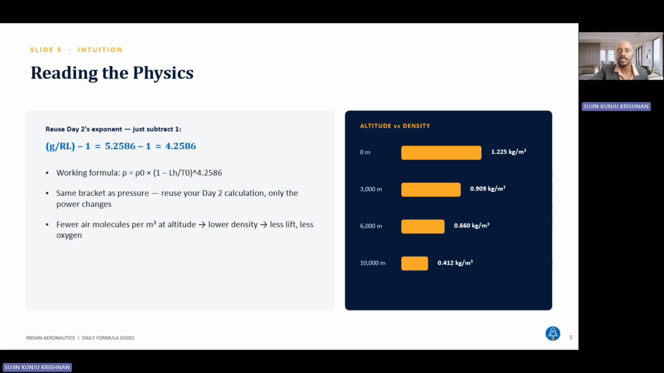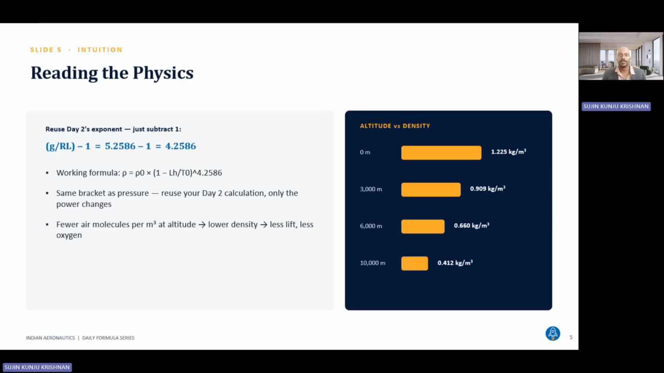So here is a shortcut. We already calculated G over RL on day two. It was 5.2586. So today's exponent is simply 5.2586 minus 1, which is 4.2586. Write that down. It's your density exponent for every problem. So the working formula becomes rho equals rho 0 times 1 minus LH over T0 raised to the power